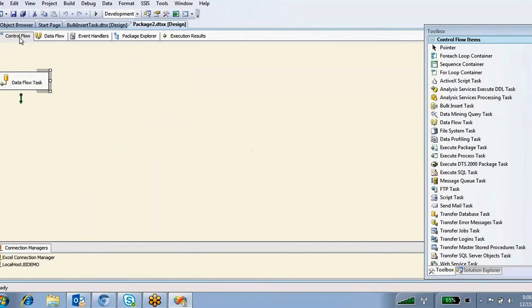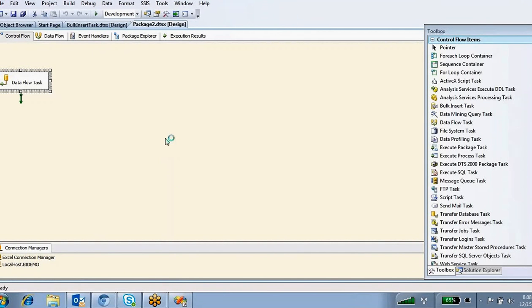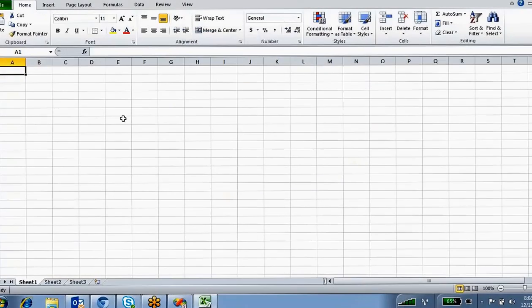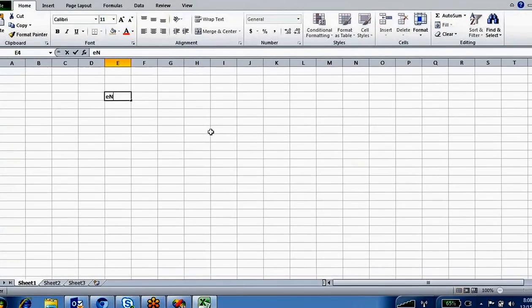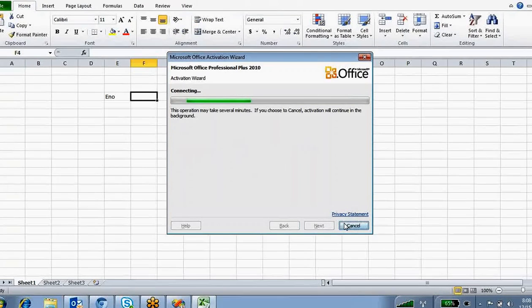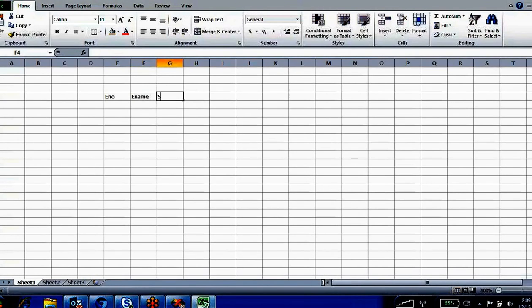So the next topic I'm going to tell you about is slowly changing dimension. What exactly is a slowly changing dimension? I have some employee number, employee name and salary.